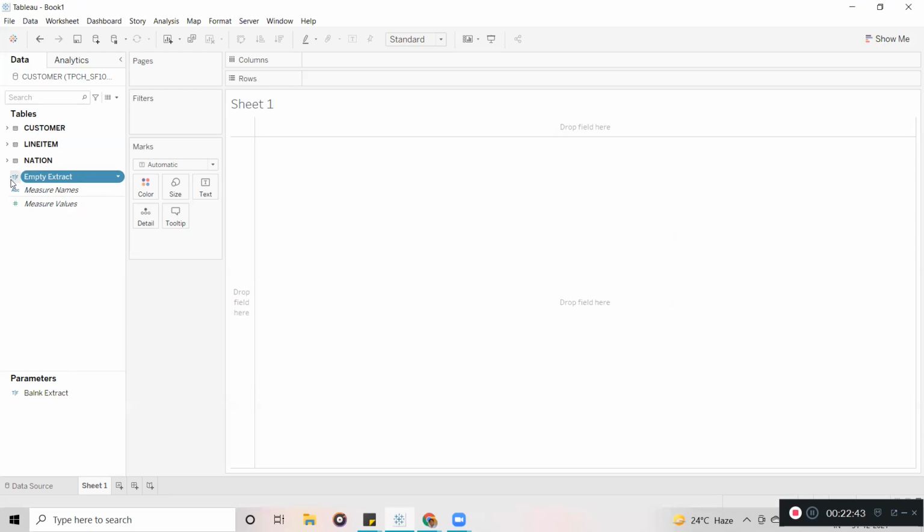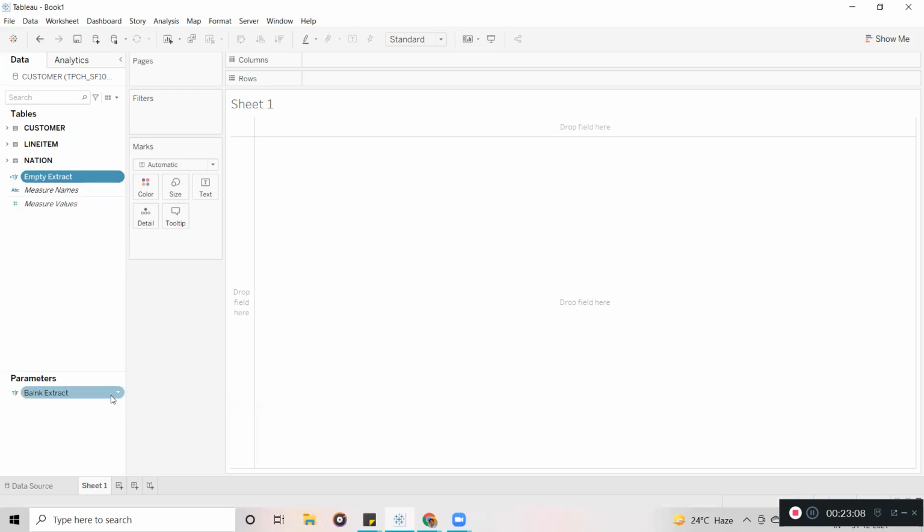An equal symbol before a field name means it is a calculated field which we have created in Tableau. That is not coming from the database. That is a custom field. In terminology, you can say it is a custom field which we have created on the Tableau side. Okay, fine. Now we are good here.